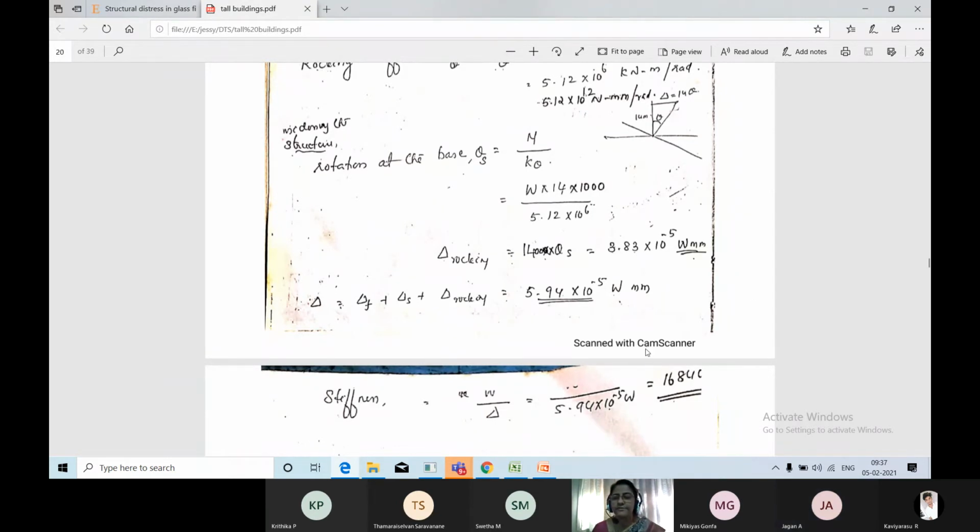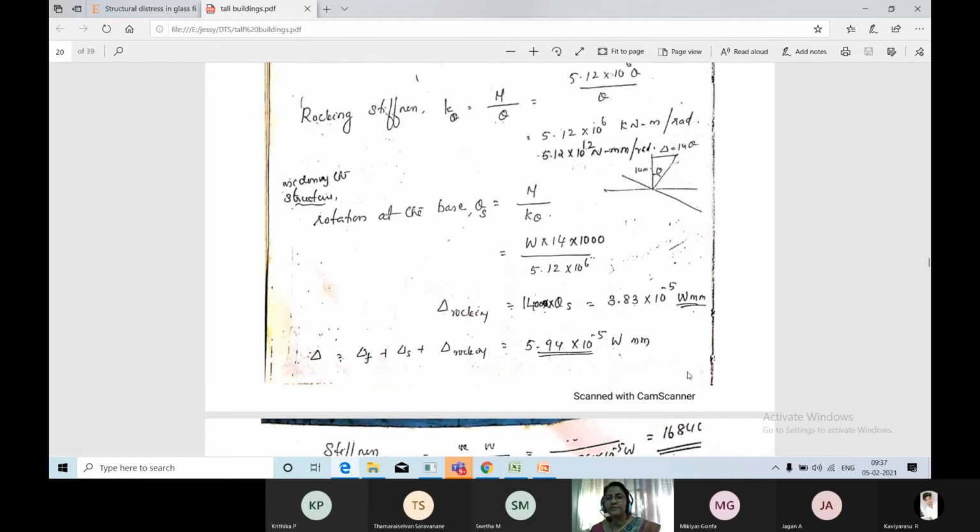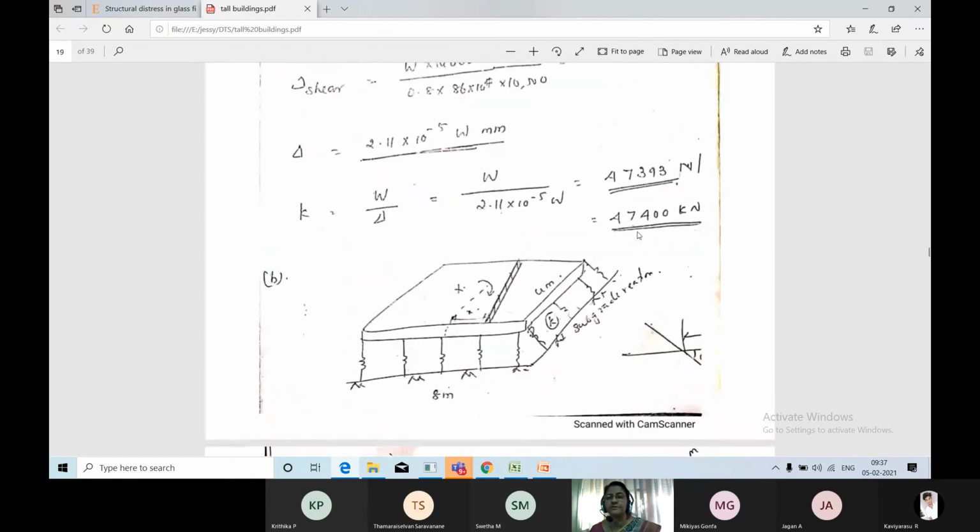Okay, so here the stiffness is very minimum, very less. When we provide a foundation with a flexible soil subgrade reaction, the stiffness is drastically reducing, isn't it? Almost it is reducing to 1/3. This is 16836, and here it is something around 47,000. So what is the inference? Can you tell me what is the inference between the first case and the second case? What did you understand from this?